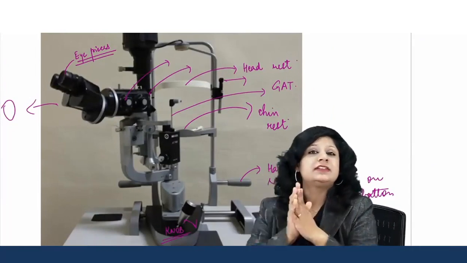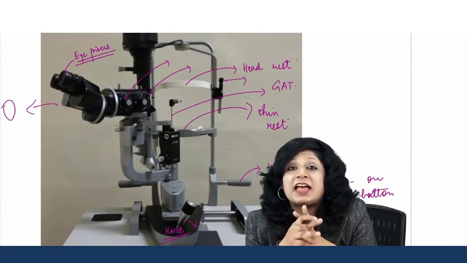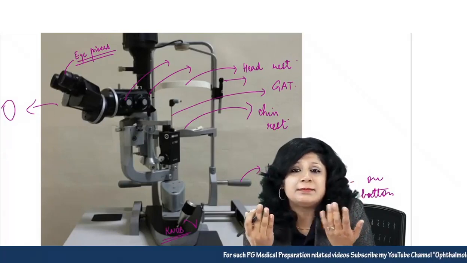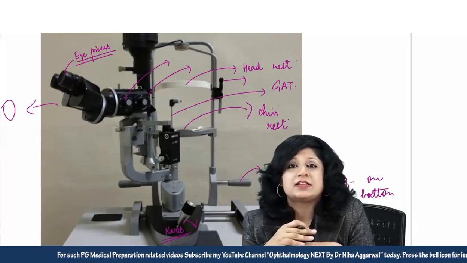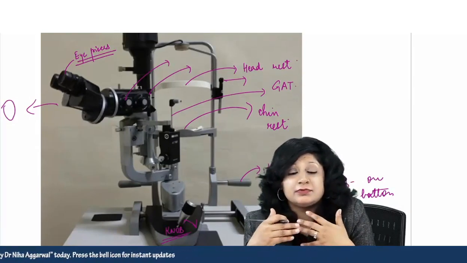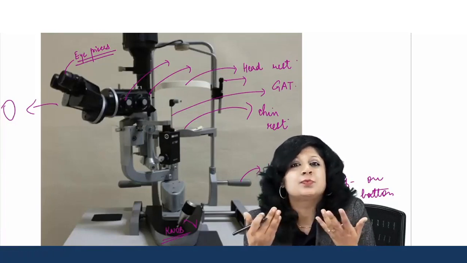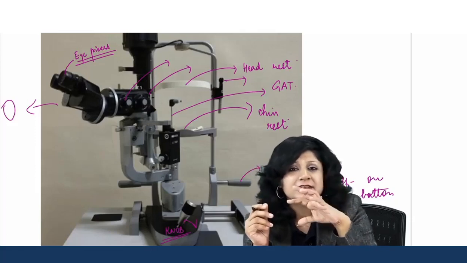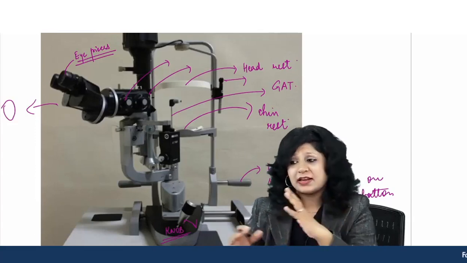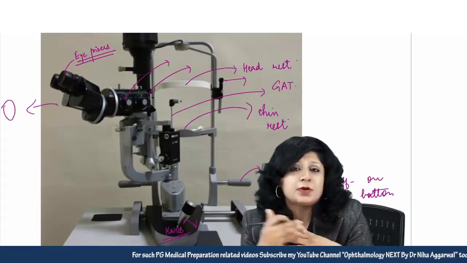Yes, we discussed the dark adaptation, the contrast sensitivity, and the general examination of the eye. I'm not saying that you should know the whole of the slit lamp, but these are the very basic things. When you know these basic things, you will get interested in going to the OPDs. When we do not know anything about it, that becomes boring. So you know how to adjust the eyepieces, what this slit lamp is, where the patient has to sit, you can help them in having that adjustment, and these are the basic questions that could be asked from you people.